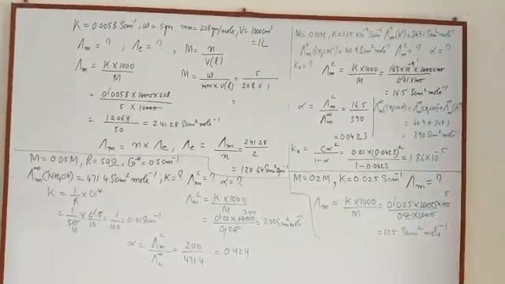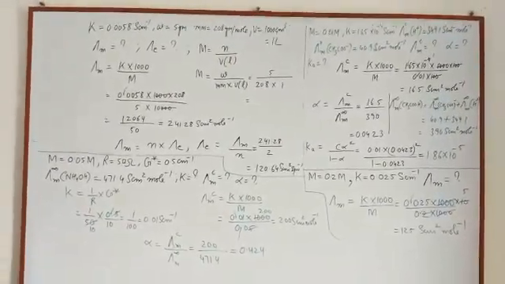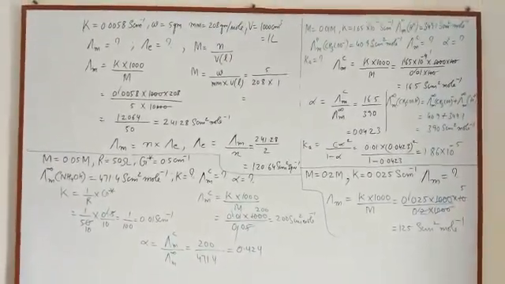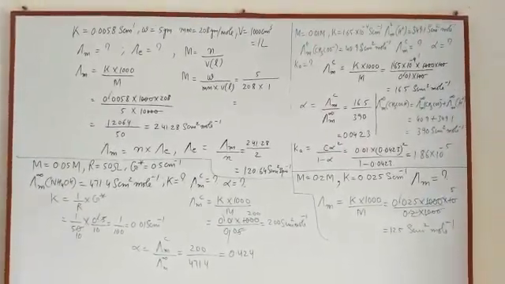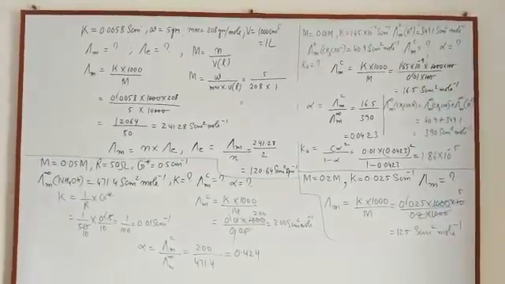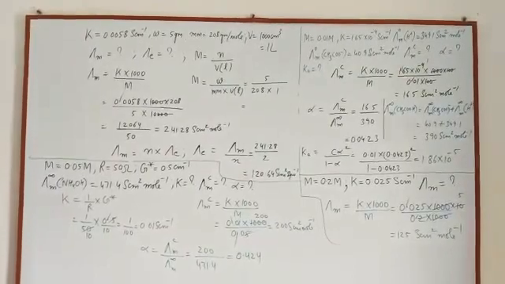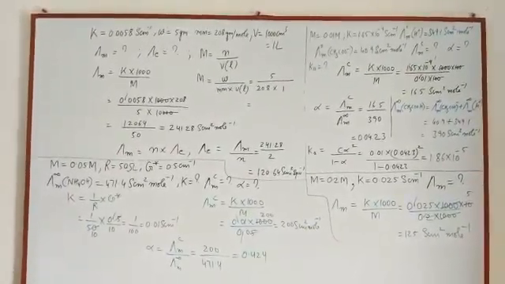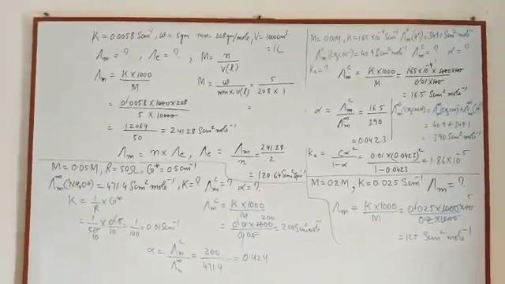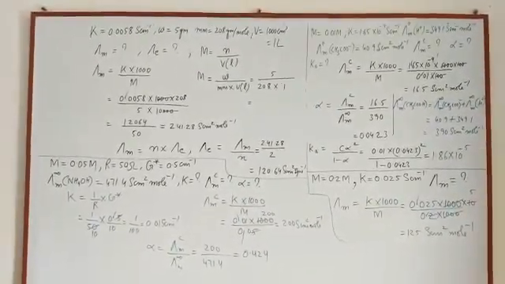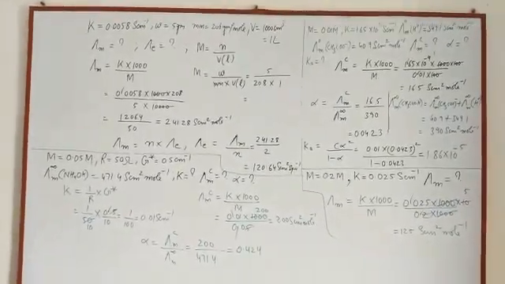Today we will solve the numerical problems based on specific conductance, equivalent conductance, molar conductance and Kohlrausch's law. Question number 1. The specific conductivity of a solution containing 5 gram of anhydrous barium chloride, whose molecular weight is 208 gram per mole, in 1000 centimeter cube of a solution is found to be 0.0058 Siemens centimeter inverse. Calculate the molar and equivalent conductivity of the solution.